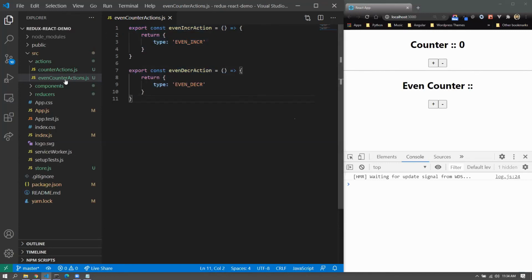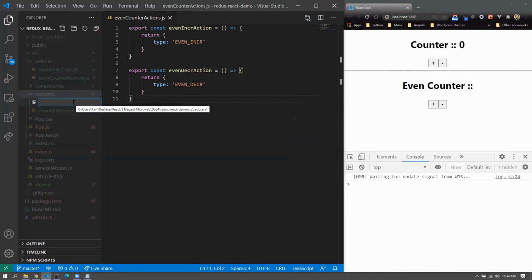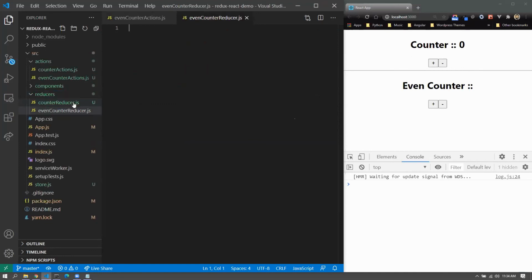And can anyone also tell me what could be the next step that we should be going for? Reducer. All right, we'll create another reducer here. We'll call it even counter reducer.js, and we'd have even counter reducer, which will be state and action. All right, and switch action.type if the case that we have is even increment,